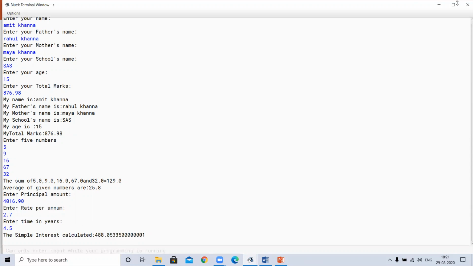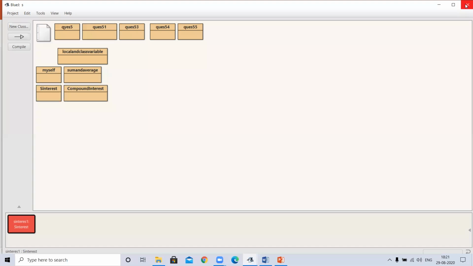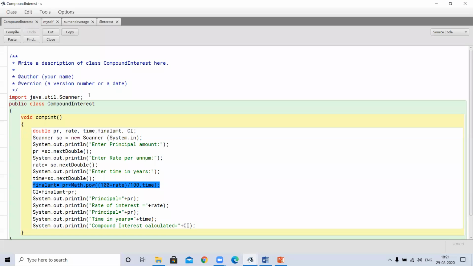Now my next question is compound interest. What is compound interest? I think you all know this formula. First I am writing here the program.